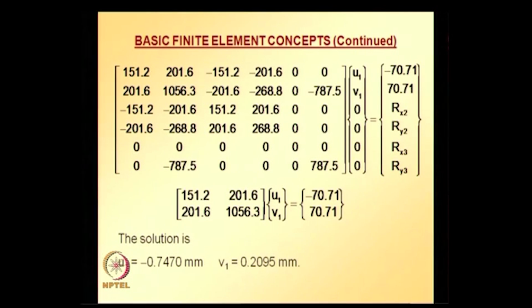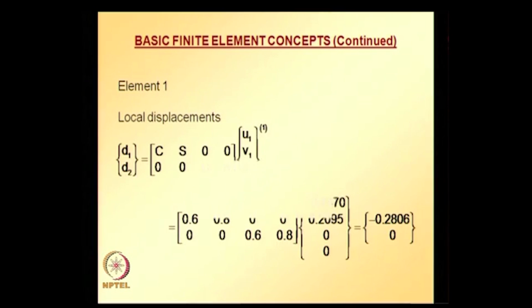So, once we get u1 v1, we can go back to each element and calculate stresses, strains, and axial forces in that element. But before we do that, we need to find the corresponding local values. So, for element 1, the local displacements are obtained using the global displacements, that is u1 v1 we just calculated, and u2 v2, which are 0. Using these values, and since for element 1 we know cos alpha and sin alpha,